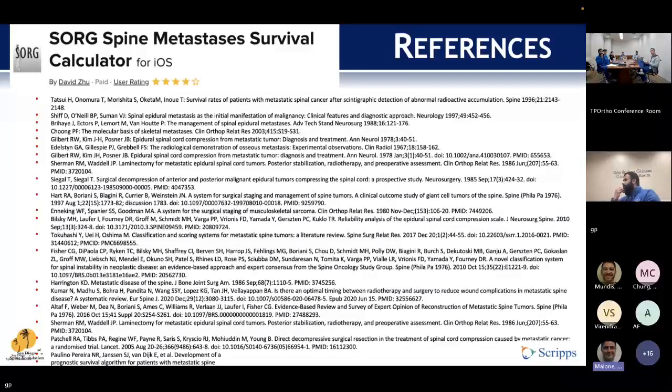But then you have to switch hats and get other disciplines involved and really understand. Okay, I did a case on Friday, and actually call the radiation oncologist and ask, hey, how much space do you need? Because how much ventral bone I'm going to take, how much of a corpectomy I'm going to do, is going to be predicated on how much space you need. You're kind of the assist in a lot of ways for the radiation oncologist. And I think that's the mindset that's going to move the ball forward.